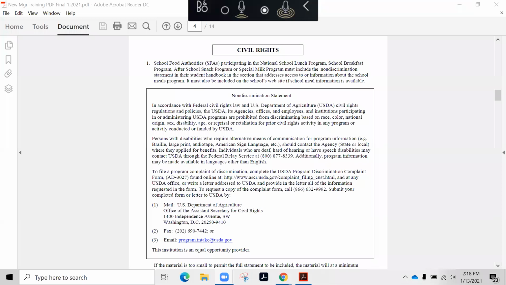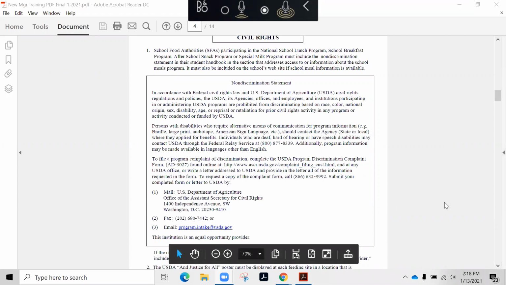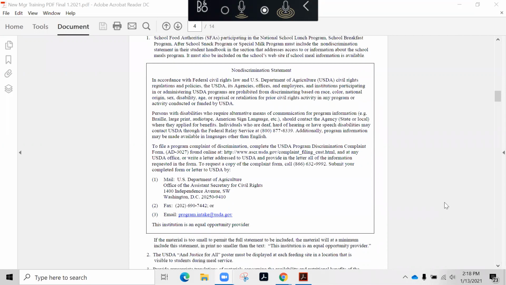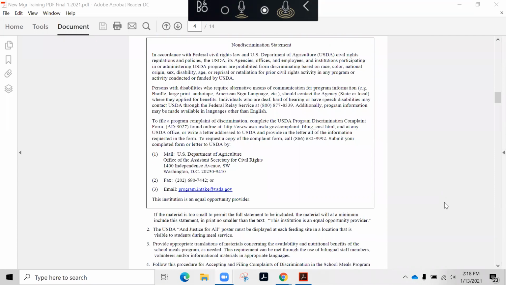On the first page, you notice that the non-discrimination statement is listed here. This statement is required to be included on certain school documents, so it will become very familiar to you. In addition to using this handout for training, there's also a really good civil rights training video from ICN that's located on our training webpage. And now, I believe, we have to go back to the slides